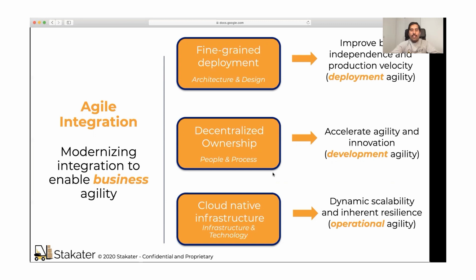This results in operational agility. So Agile integration is a combination of deployment agility, development agility, and operational agility. You have to put all three things together, and what you get is business agility.